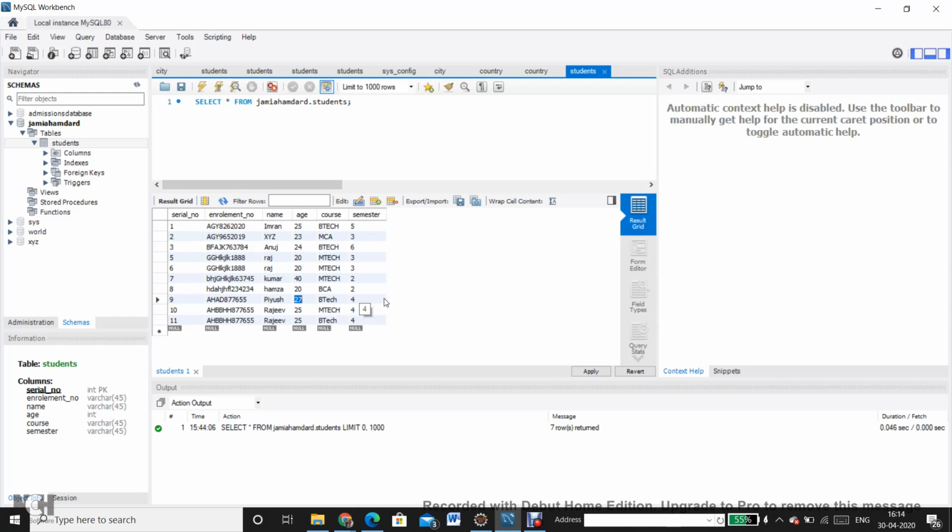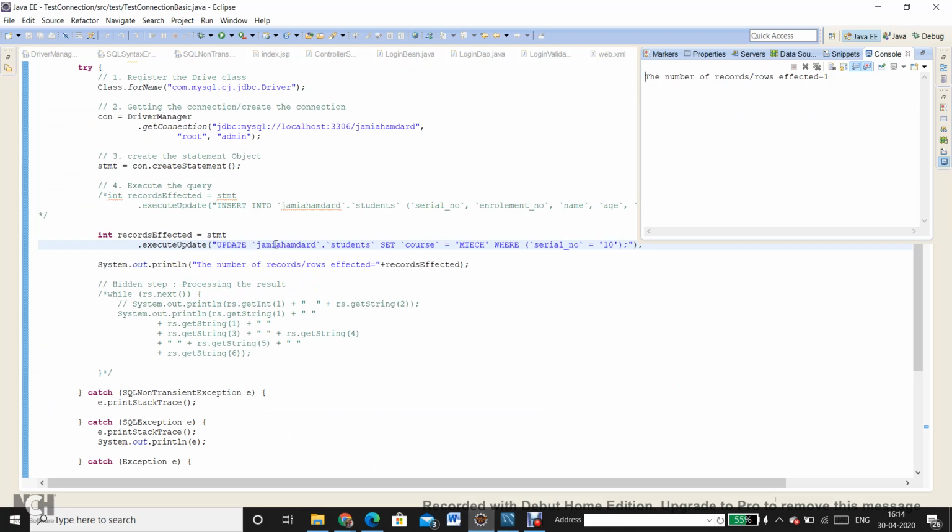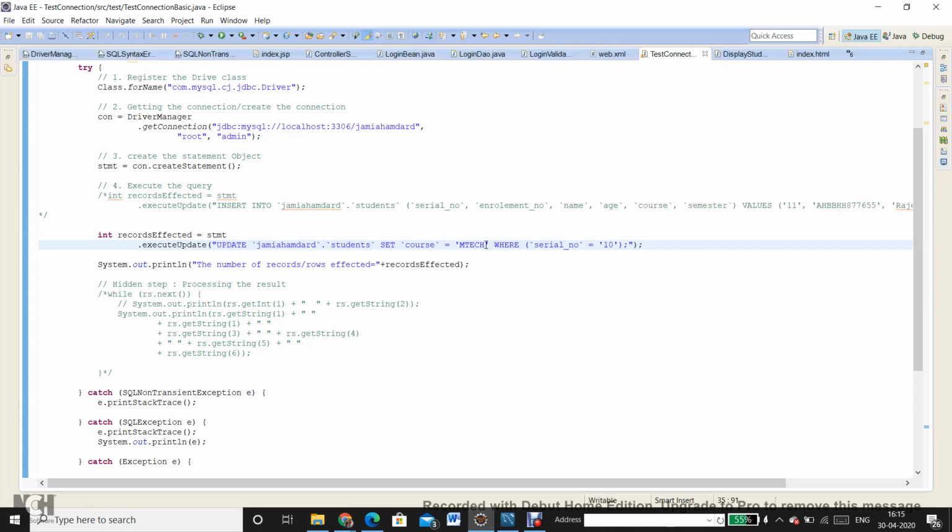Now I want to change all the courses which are MTech to, say, MSc engineering. So I will go again, and now I will say update Jamia Hamza students set course is equal to MSc engineering.